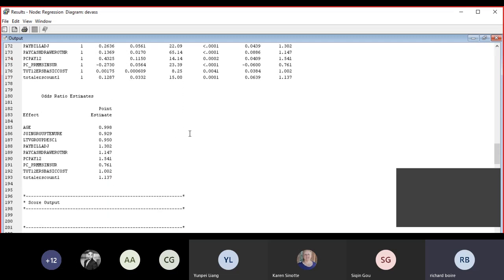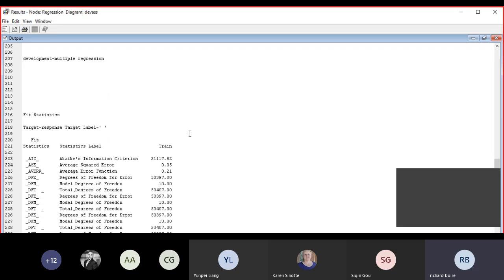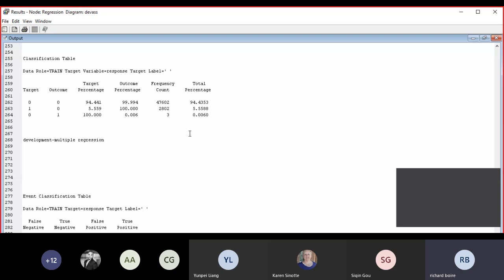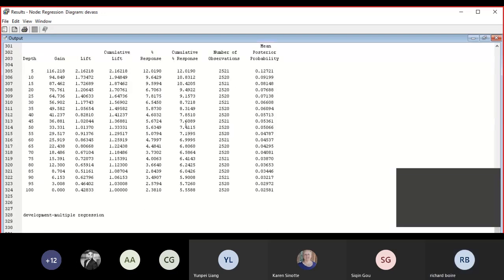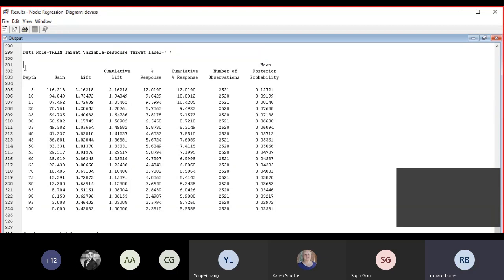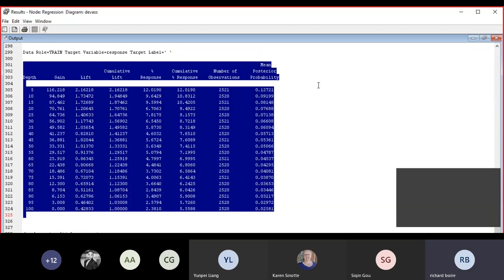This would have been scored against a validation sample. And what I'm going to show you here is what you get from SAS Enterprise Miner in terms of a gains chart. So what you can do is take that decile or gains chart, and what I did is I imported it into, I think, Notepad, and then I created a text file, which I then imported directly into Excel. And so what I'm going to show you now is